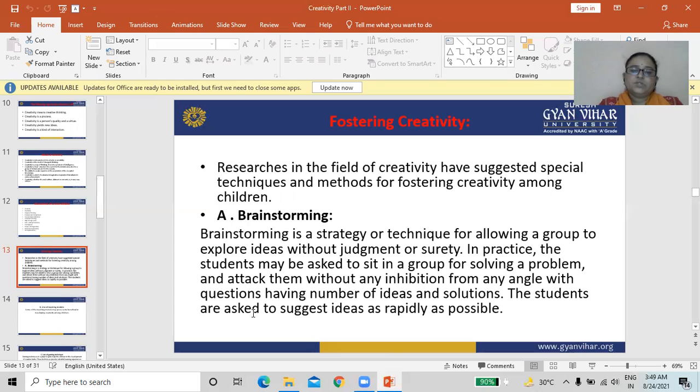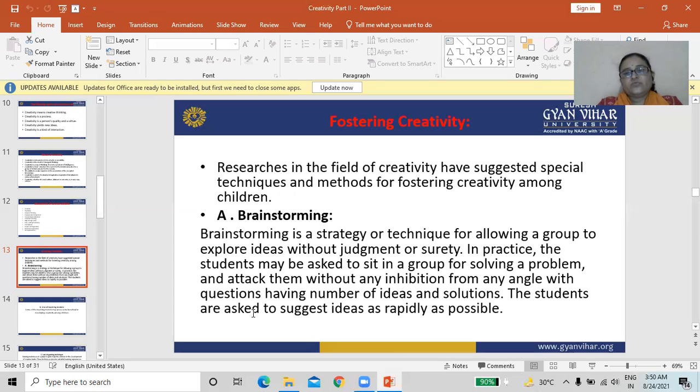With questions having a number of ideas and solutions. The students are asked to suggest ideas as rapidly as possible. So brainstorming develops and fosters creativity in the student.